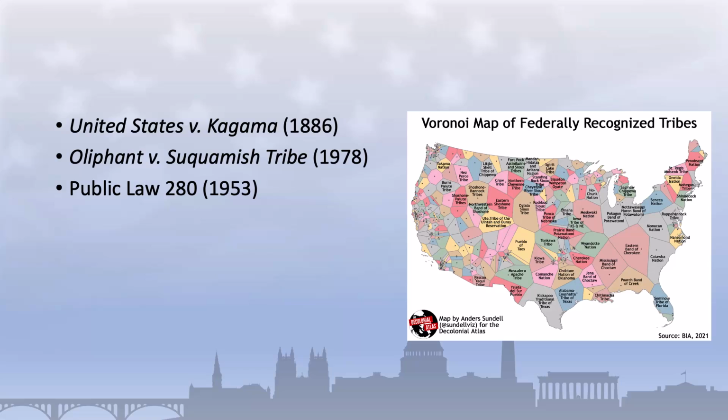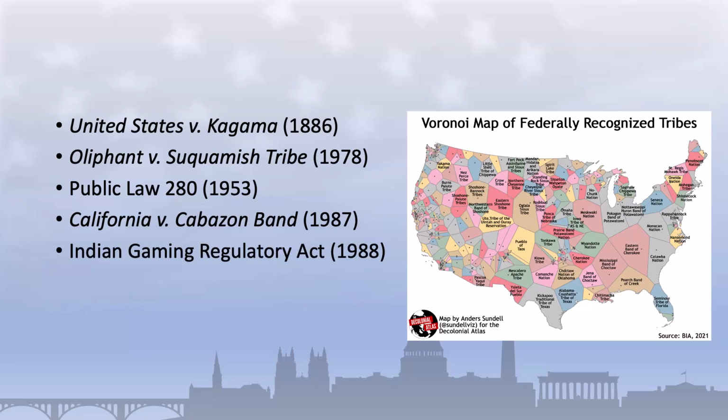In the area of tribal autonomy, the landmark case of California versus Cabazon Band of Mission Indians held that states do not have the authority to regulate gaming on tribal lands if the state allows such gaming elsewhere within its borders. The court's decision affirmed the right of tribes to engage in gaming as an exercise of their sovereign authority, which paved the way for the passage of the Indian Gaming Regulatory Act in 1988, in which Congress recognizes the rights of tribes to operate gaming facilities as an exercise of their sovereign powers.